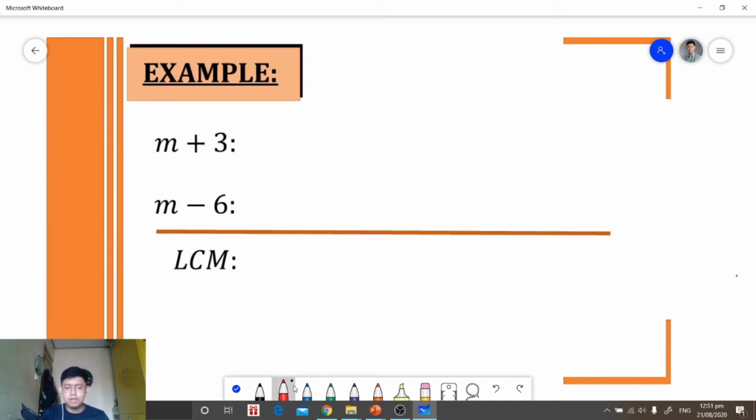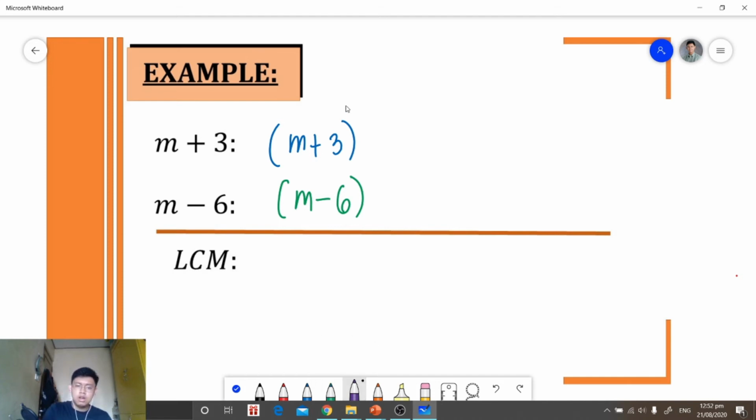For example, we're given these 2 expressions and we're going to get the least common multiple of these 2 given expressions. First thing that we need to do is to factor each given. For the first one, we have m plus 3. Since we cannot factor this anymore, we will just write m plus 3. And then for our second given, which is m minus 6, since we cannot factor m minus 6, we will just write m minus 6. And since they don't have any common factor, we will just copy the other factors. So we have m plus 3 and